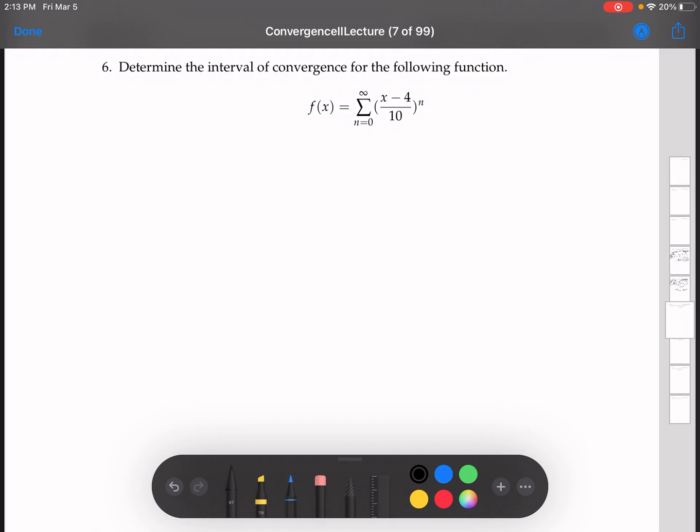The interval of convergence you can just think of as the domain. It's the same thing. It's the domain of this function. All of the inputs that make sense to go into this function. So our rule for the function